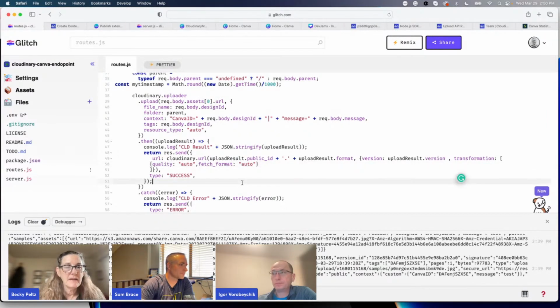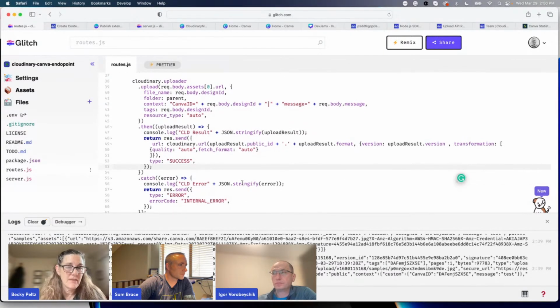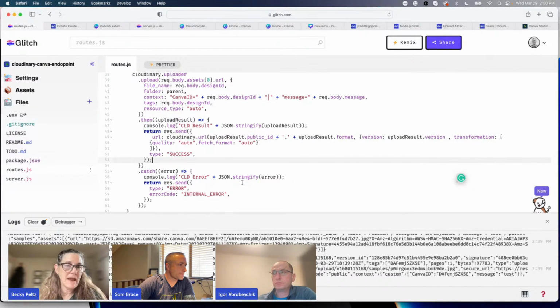Yeah. So the uploader API returns a promise, and Igor's dealing with that using the then. So he gets the upload result back after the upload is successfully done. And now he has access to the upload response, which contains lots of information, and some of that information is the public ID. So upload result public ID is the unique identifier from Cloudinary. Upload result format was the original format that he used to upload. Version is the result version. So he's able to pull data out of the response and use that to generate a unique URL